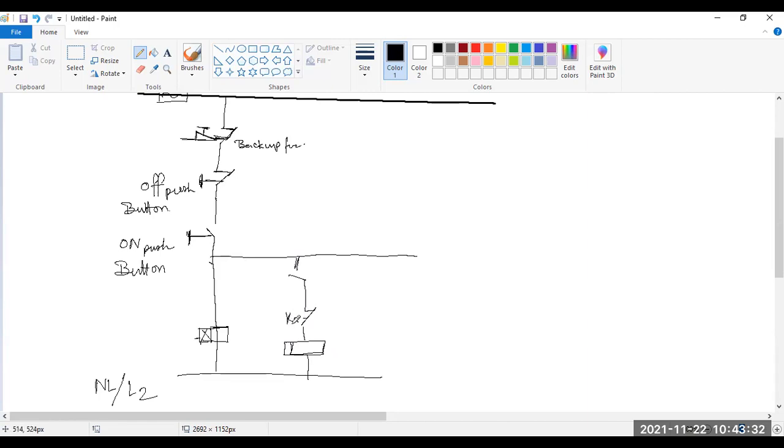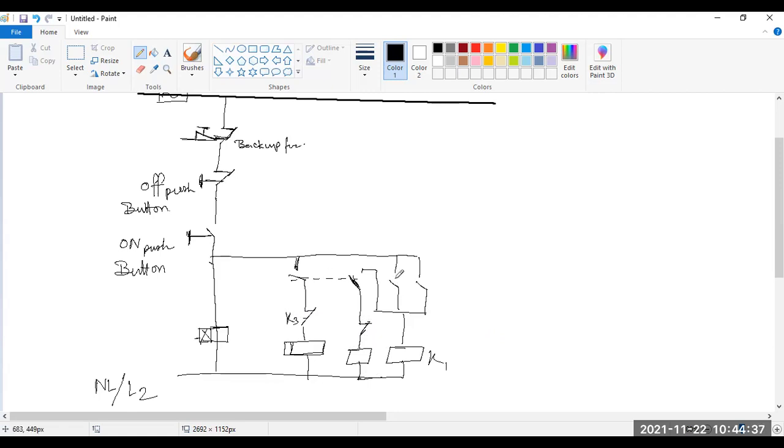That is your K3. Okay, this is K1. Look, where is K1?